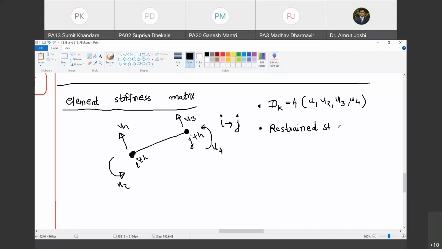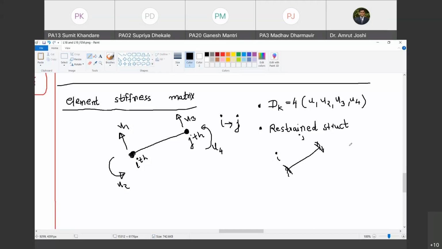Yes, sir. So restrain the structure. This is your structural analysis 1 and 2. In the restrained structure, we restrain all the degrees of freedom listed here. To restrain this, I will have to make the ith and jth nodes fixed. Do you agree with me? Yes, sir. So I have made the ith node fixed and the jth node fixed. Doing so, I have restrained u1, u2, u3, u4. I will not allow u1, u2, u3, u4 to occur. Are you with me? Yes, sir. This is the ith node, this is the jth node. What do we do next?